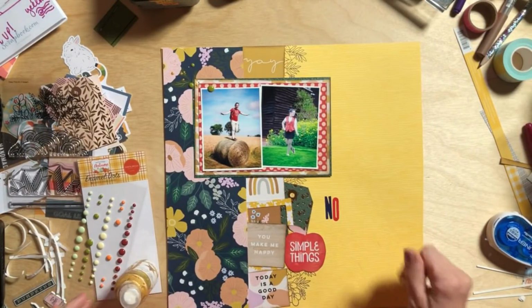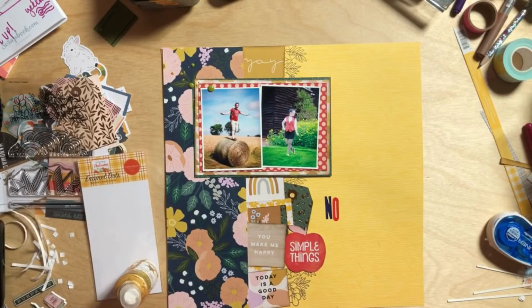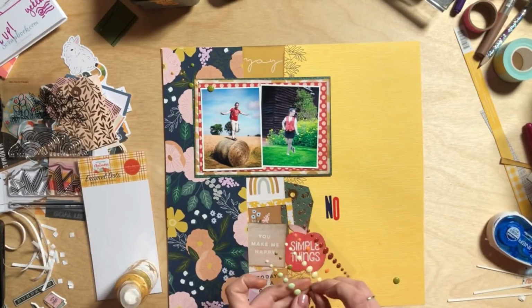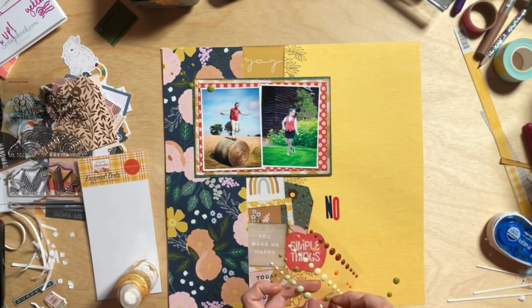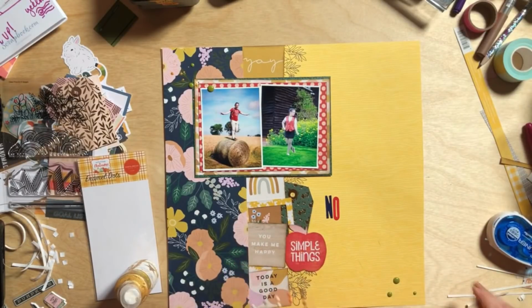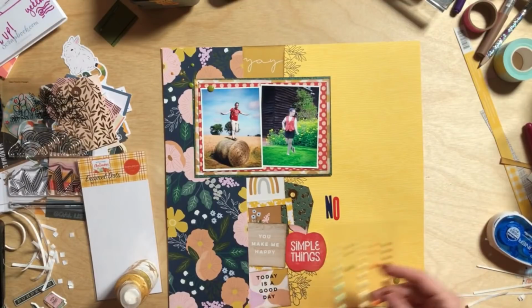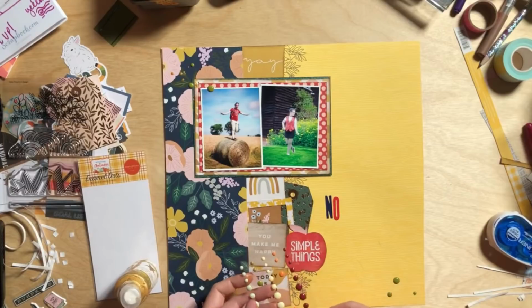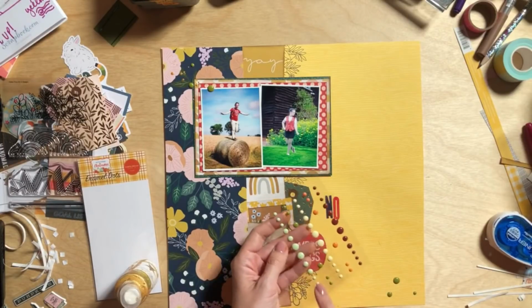Right. Then when I do the journaling down here, I'm going to do the same thing. So I will have big, medium, small, and a little triangle, and the mist. I'm not going to put mist down here until I've written because I want to be able to write, and I'm not really pushing those down as well. So if I need to move them a little bit for the writing too,